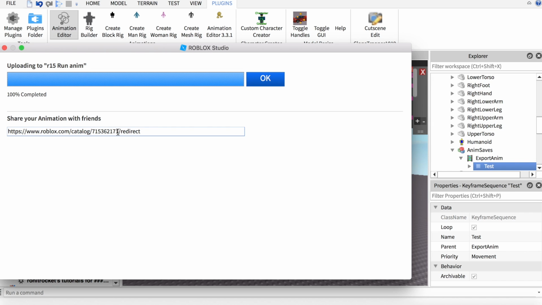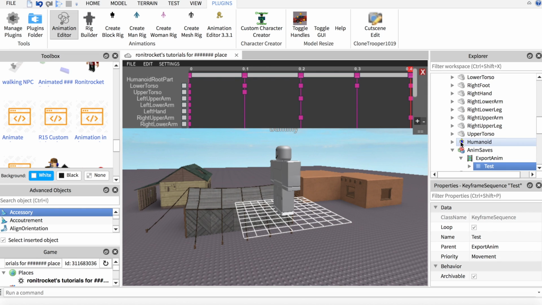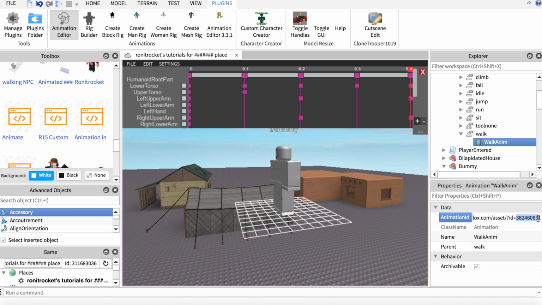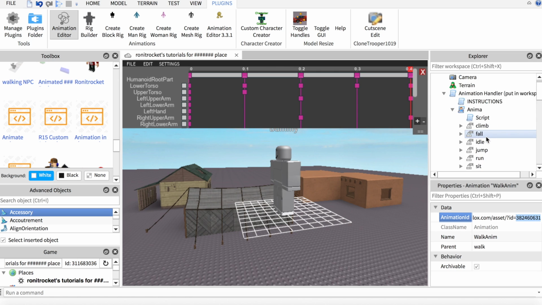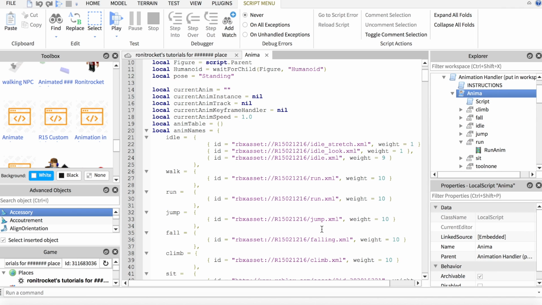I forgot to explain this. You want to copy this part of the URL here. So I've copied it. And once you've done that, you click walk anim. Then you go to the ID and you change this ID at the very end for the walk anim. So the way you get into it is you go to anima, which was inside the animation handler, and then you go into walk. Then you go to walk anim. After that, you copy paste your ID into there, and then you go into run and you copy paste the same ID into there. After that, you go into anima and